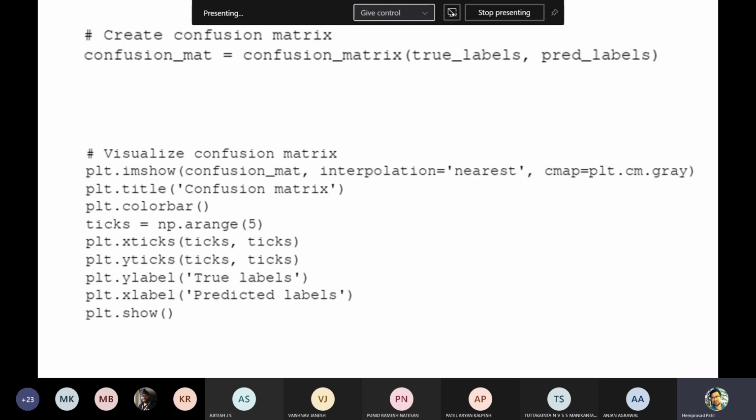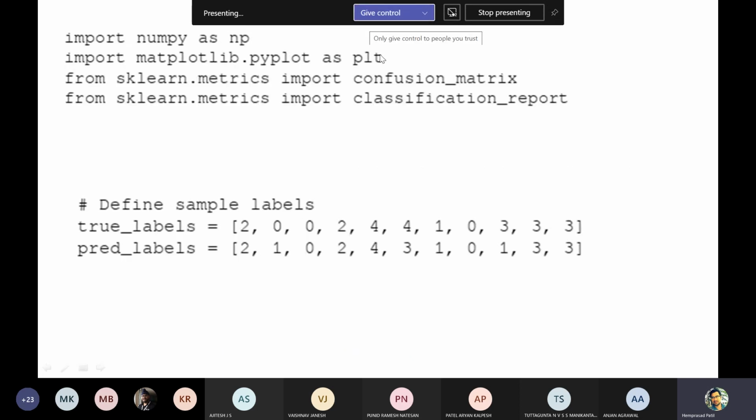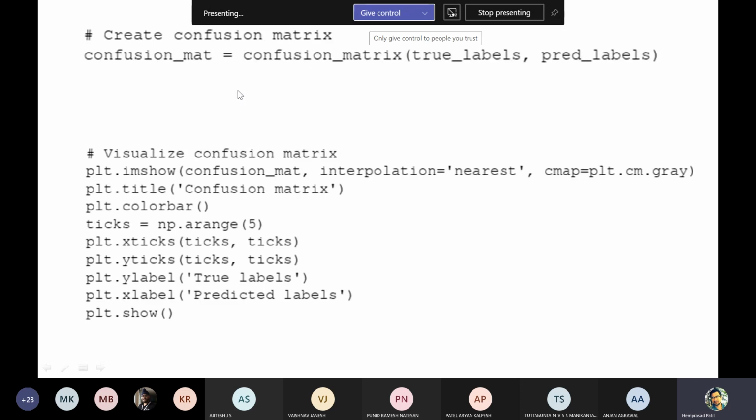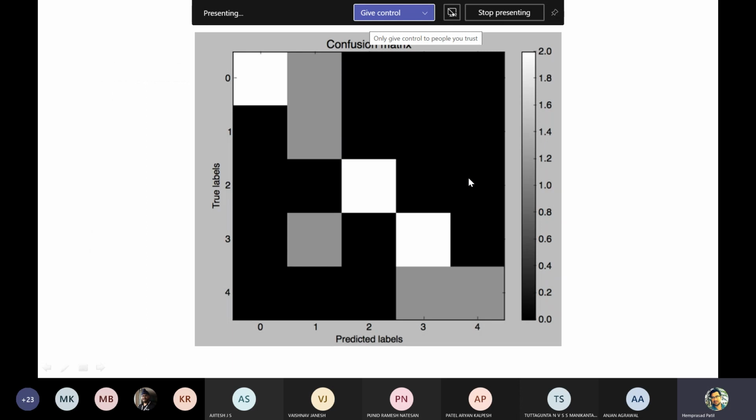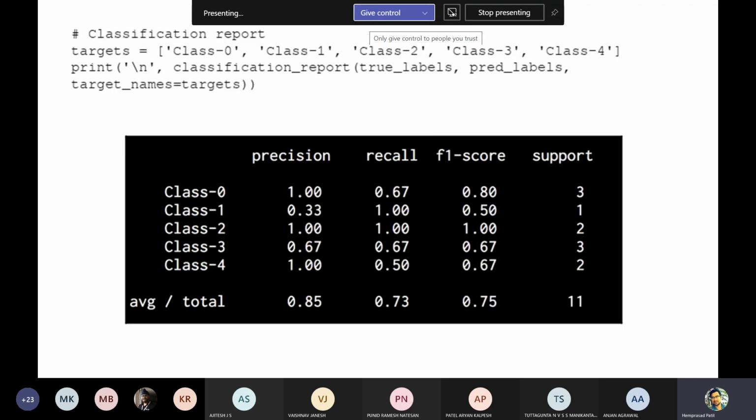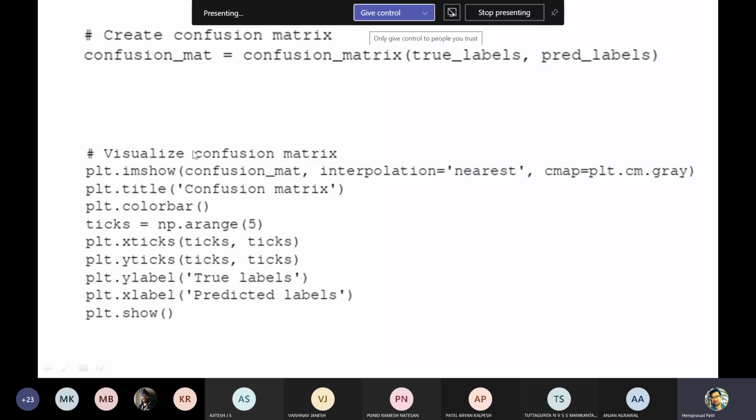So it is created by this function confusion_matrix, which is available in the sklearn.metrics module. And there is the graphical representation. We can have the actual matrix representation instead of these things. If you just say print confusion_mat, you can see that matrix. Okay. Next is